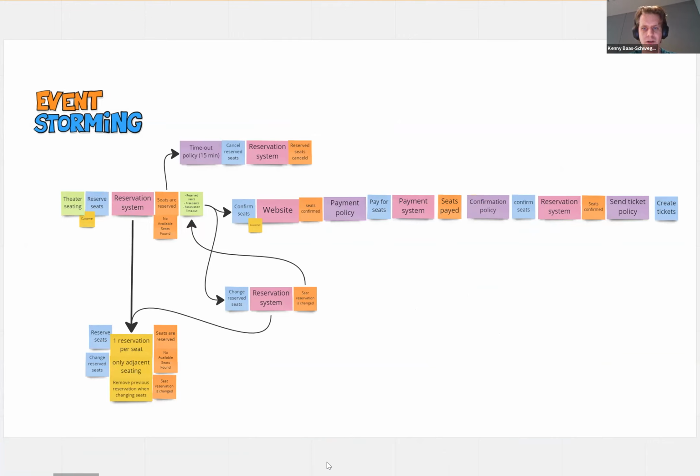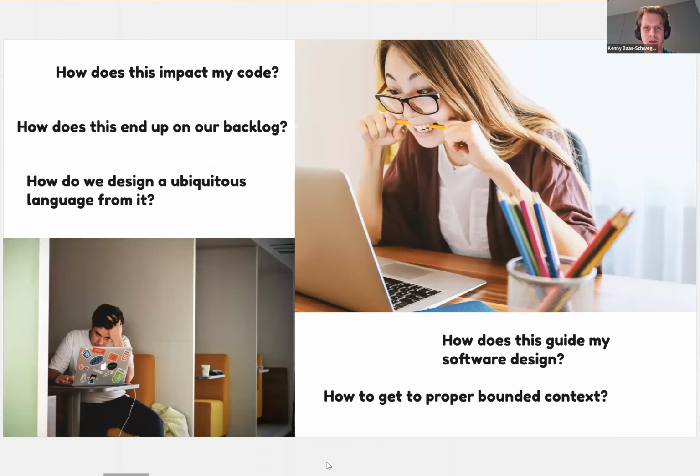But for the ones who ever did an event storming before, this might be a result of an event storm, of a software design event storm that we're also going to dive into. You already see a reservation system popping up, so it's about a cinema domain. But what we usually see, and this refers to why the name is called production-ready TDD, is usually when people did get introduced to collaborative modeling like event storming, and what we're going to do is example modeling as well,